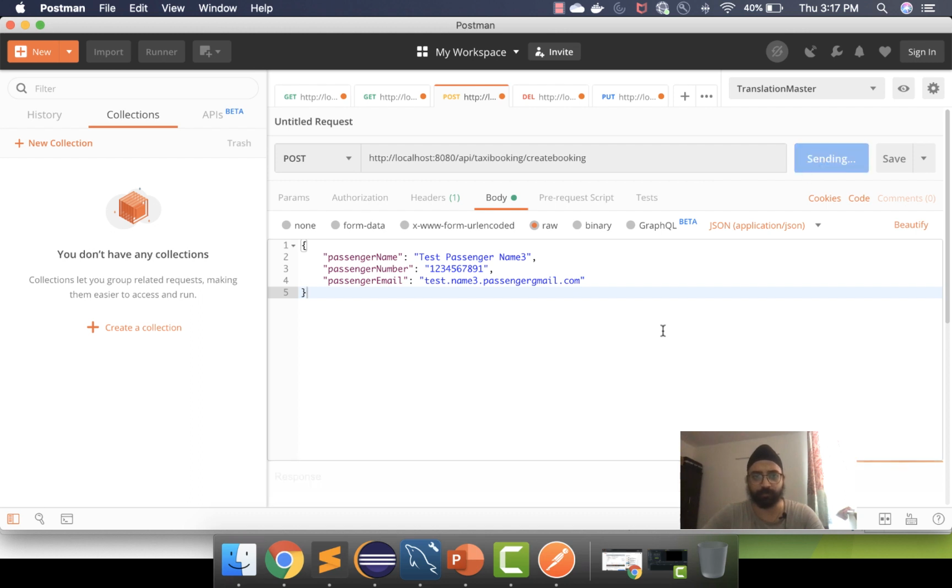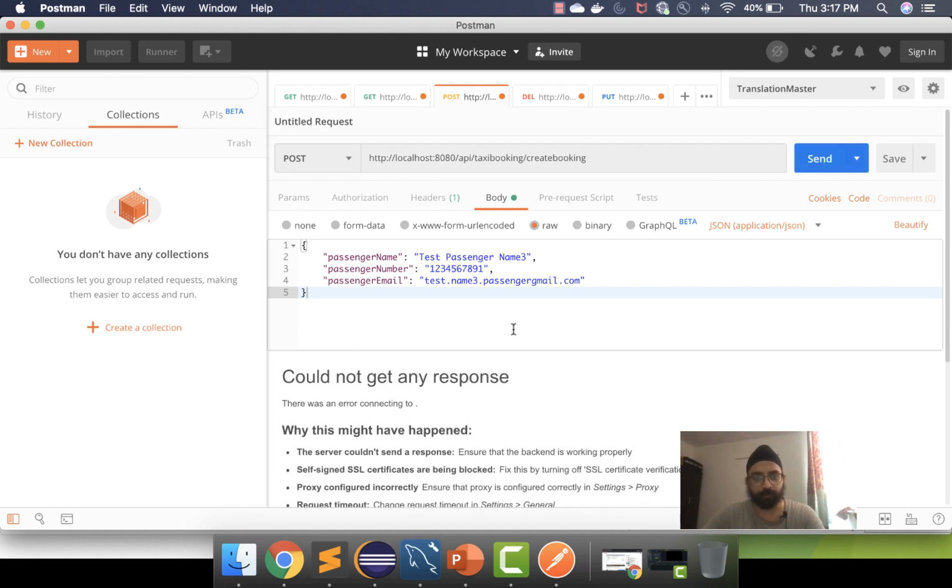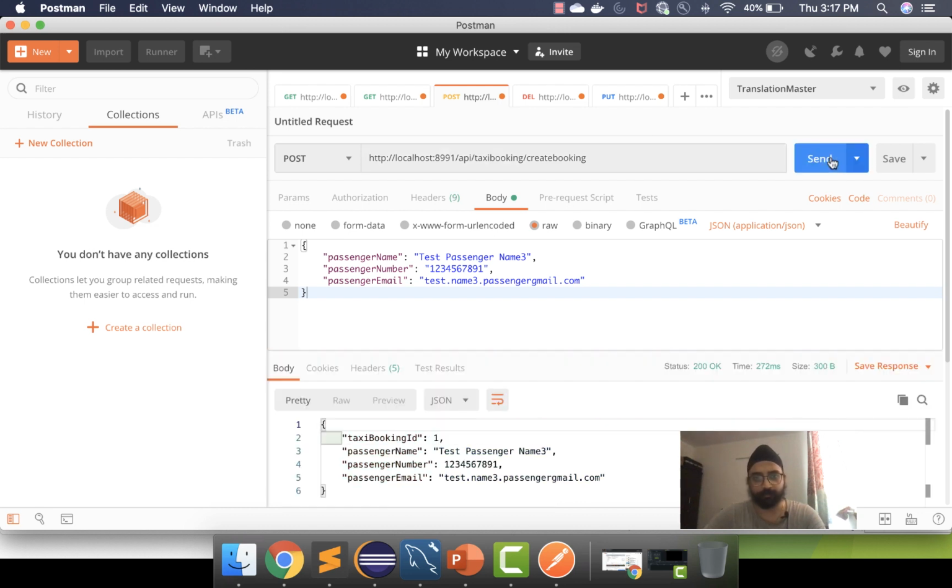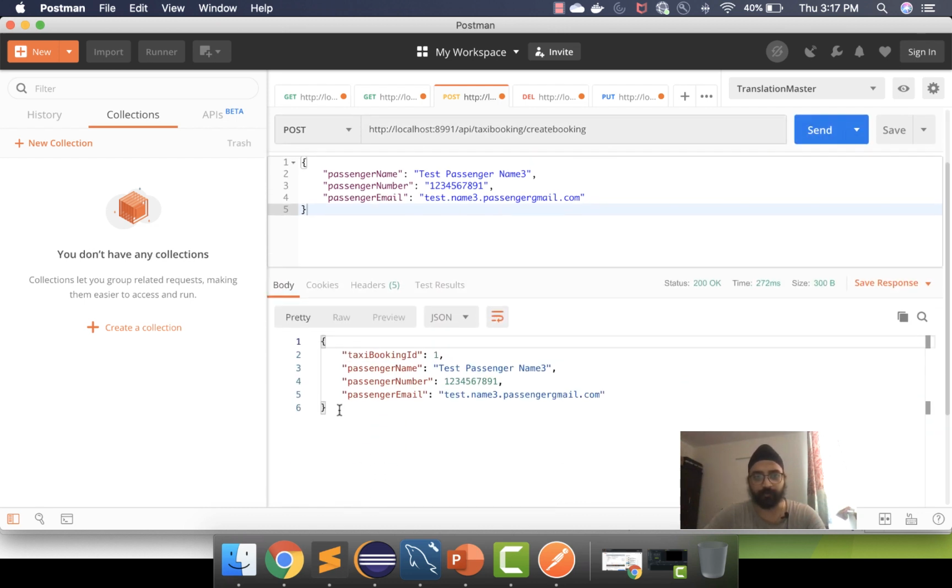Let's try it now. You can see now we could not get any response because the service is not running on 8080. Now let me change it to the current port, that is 8991, and try again. Yes, you can see it has added one request and given a proper response, which is 200. That is the correct one.